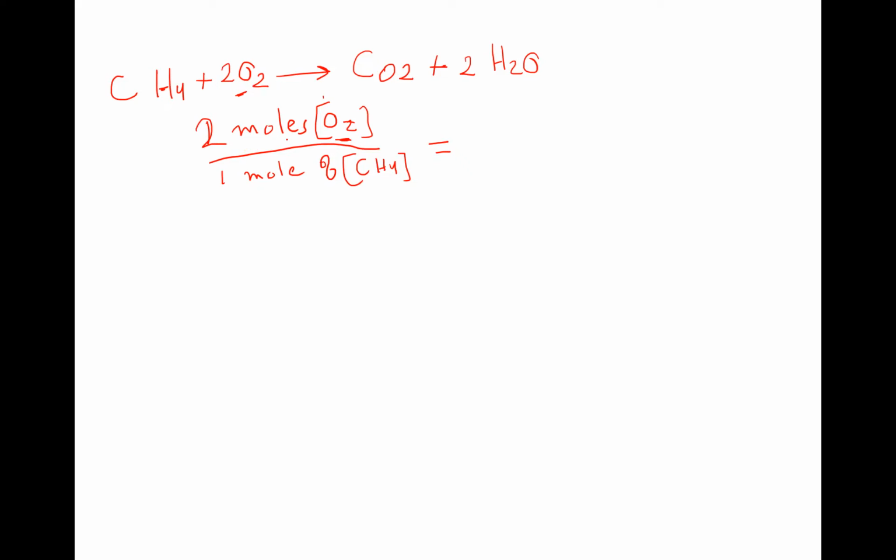So 2 moles of oxygen, how many grams? Each mole of oxygen is 32 grams. So basically 2 moles of O2 times 32 grams of O2 per mole of O2, correct? So basically after simplification, this is divided by